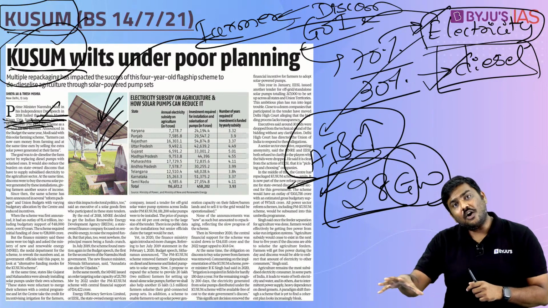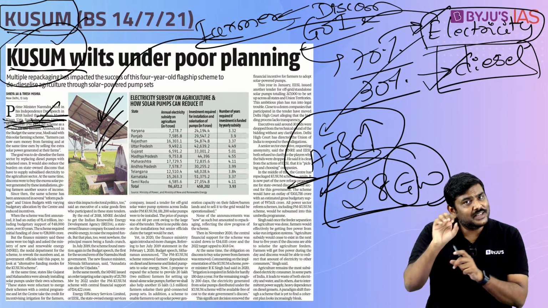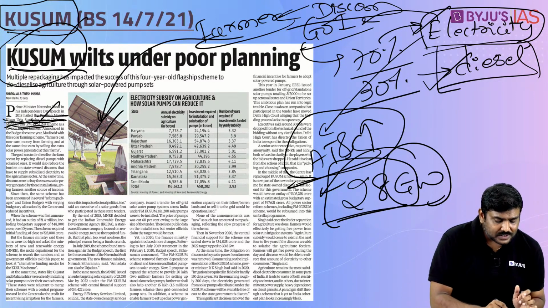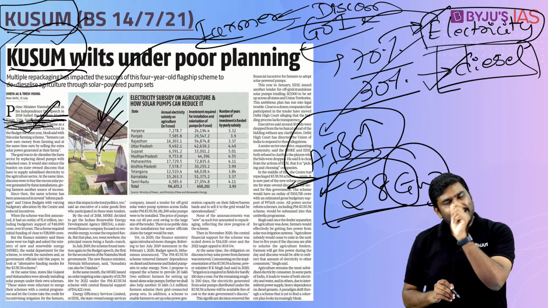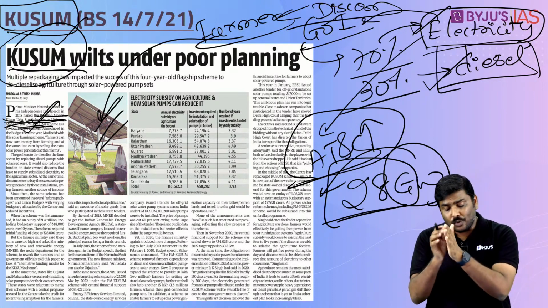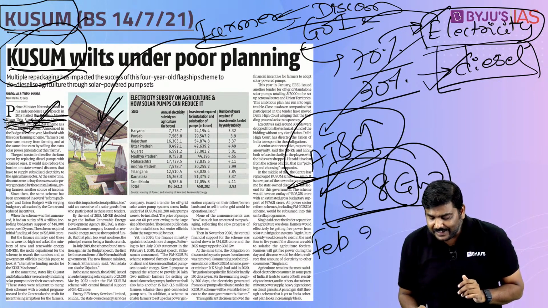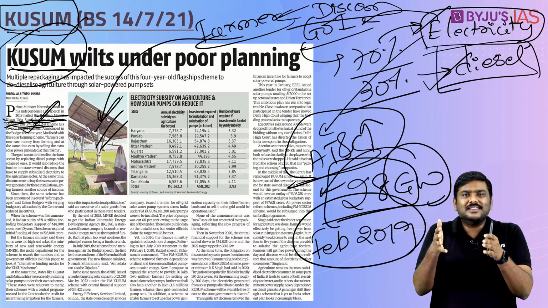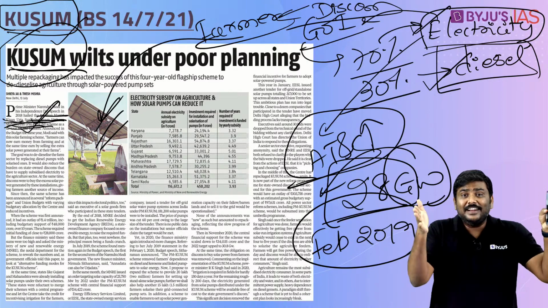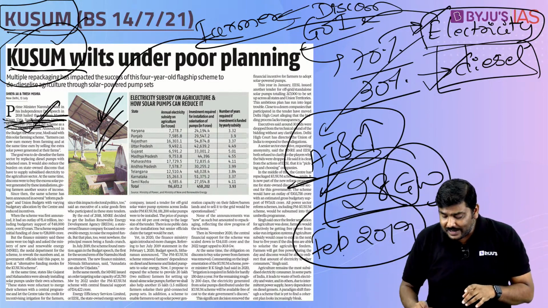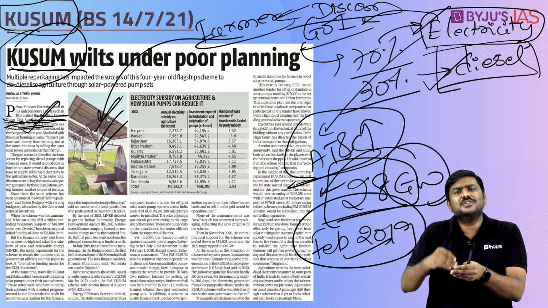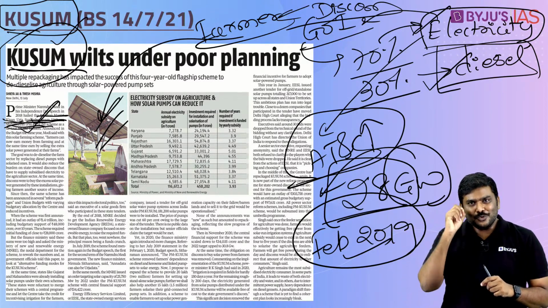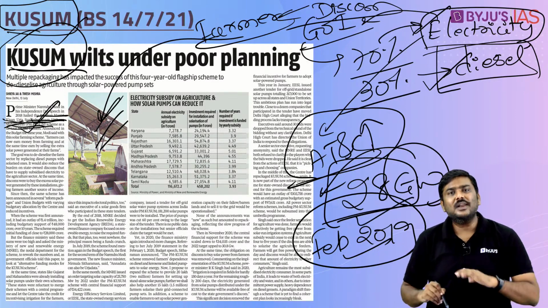So these were some of the objectives with which the Kusum scheme was implemented by the government. Although the announcement was done in the budget for 18 and 19, please understand, cabinet approval was given in February 2019. And those who know how the budgeting works, you will realize announcement was done for 18 and 19 and the cabinet approval was provided in February 2019, almost 1 year. Again, I am using the term almost here. So almost 1 year after the announcement, the cabinet approval has been provided.